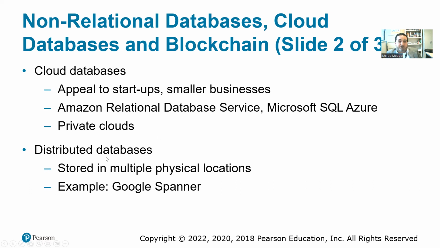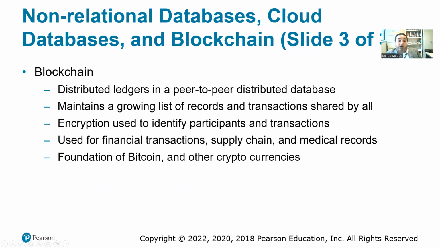Then we also have distributed databases. Those are stored in multiple physical locations, and Google Spanner is an example of it. Blockchain. All of us hear about blockchain a lot. Basically, it refers to distributed databases, and they are distributed ledgers, like peer-to-peer distributed databases, and they are used to verify and authenticate transactions,